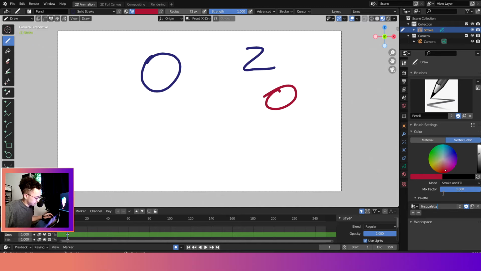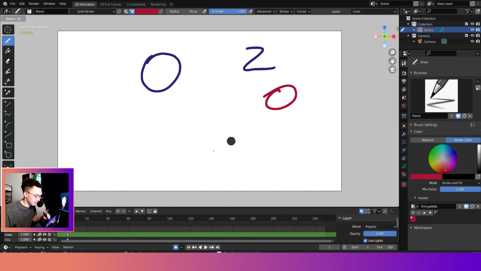Hopefully I spelled that right. Probably not. Alright, and so I like this color, this red. It's a nice red, so I'm going to push the plus, and now it has been added to my palettes. Now the cool thing about palettes compared to materials is that you don't have to get overloaded with materials,